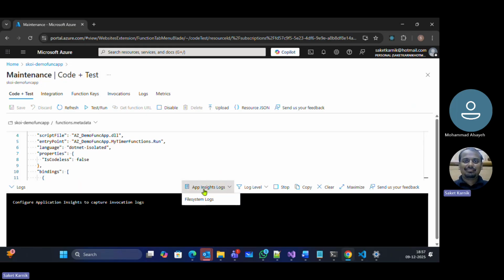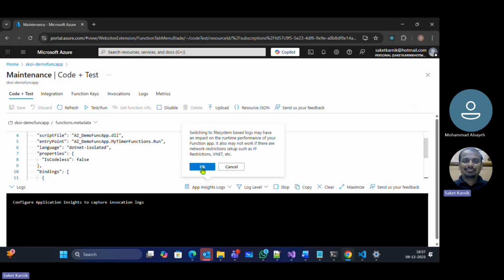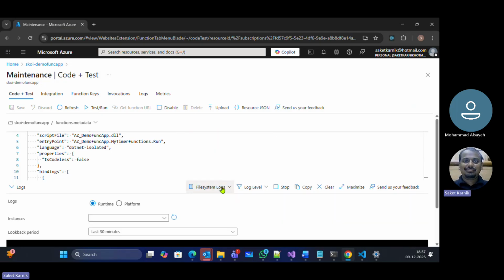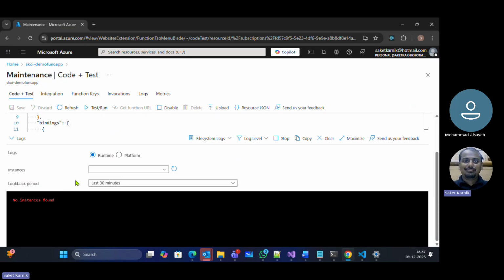where two types of logs are there: App Insights logs and file system logs. So if you have enabled App Insights, those logs will be directly visible here in the console. File system logs otherwise are visible, which you can switch to, and then you can configure which instances you want, which platform you want, the look back